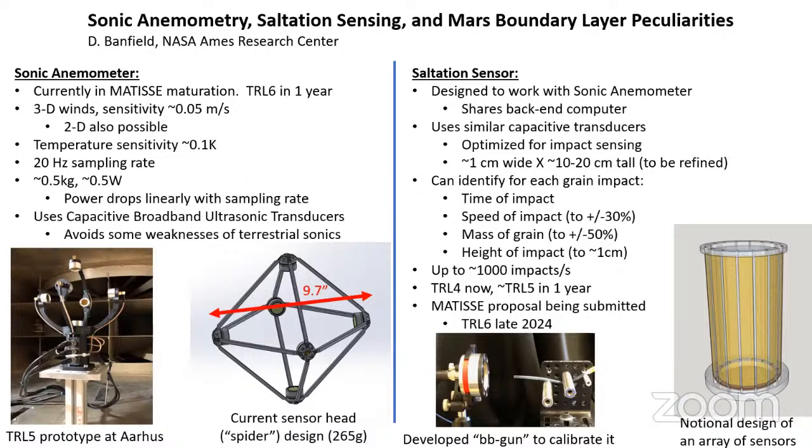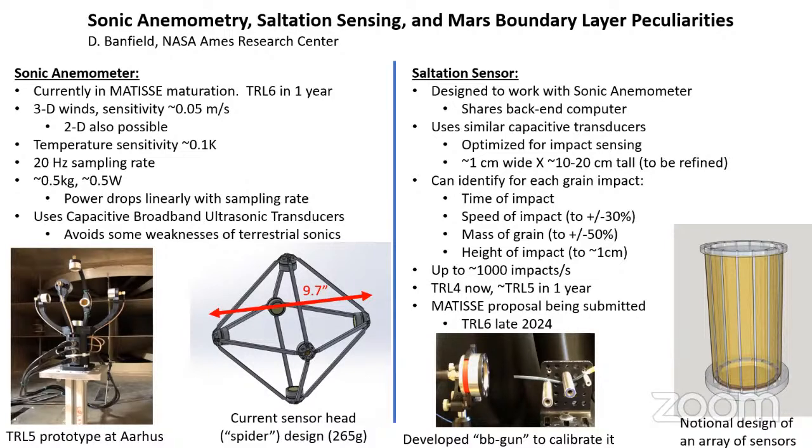And if you put another sensor at the base of the transducer, you can figure out the height that the impact came in at. So that's our saltation sensor that is now about TRL 4. We should be at TRL 5 in about a year. And we're going to put in a Matisse proposal in a week or so, and hopefully have it to TRL